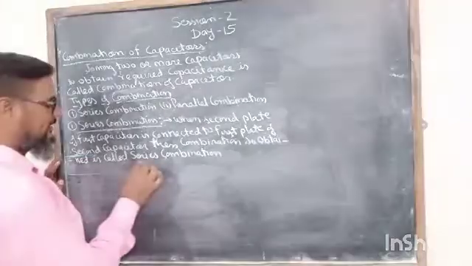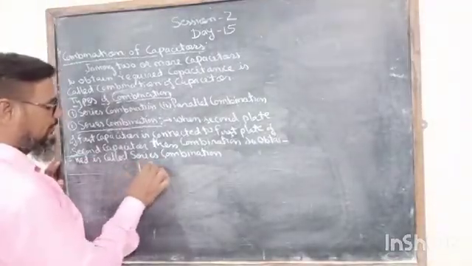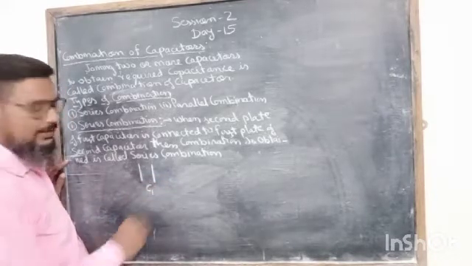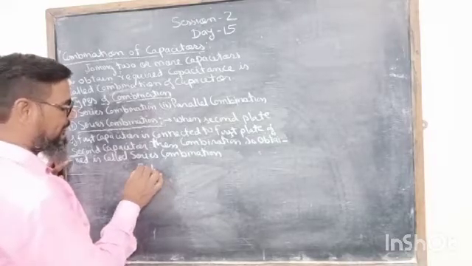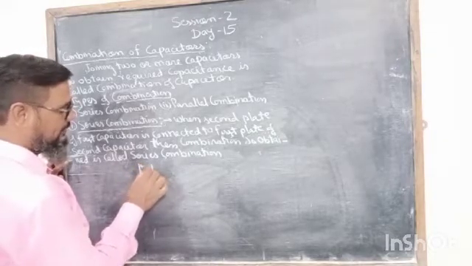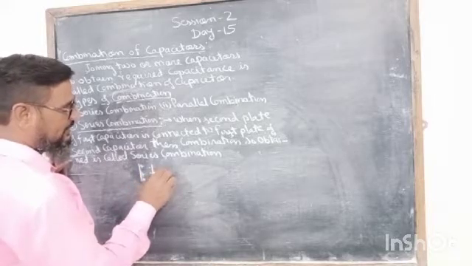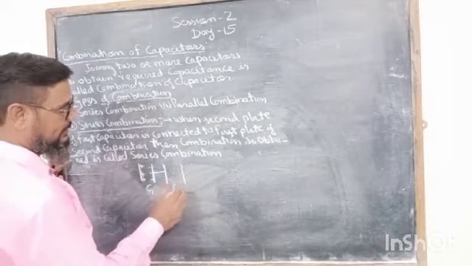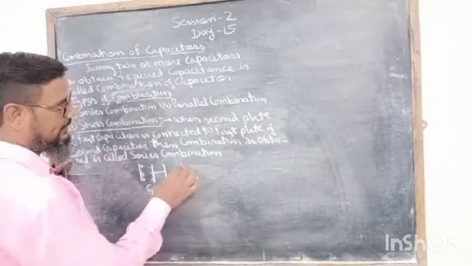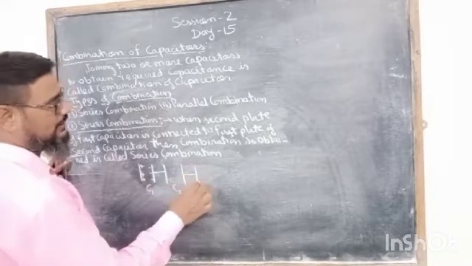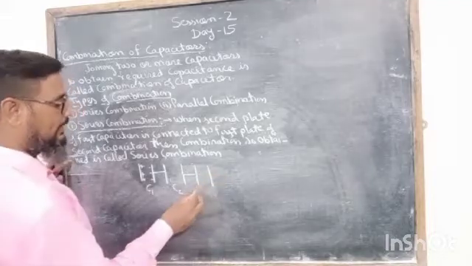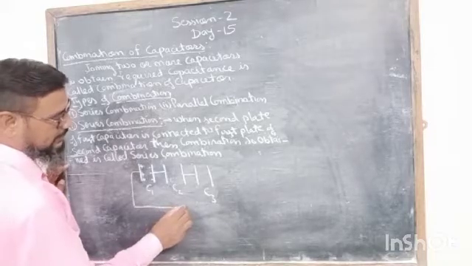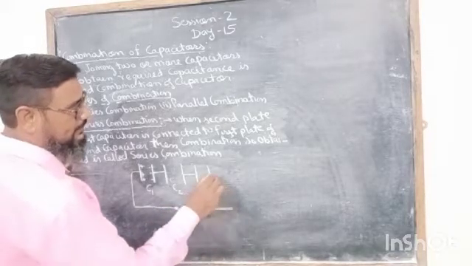Means if we consider three capacitors, this is the first capacitor, the capacitance of this capacitor is C1, and this is its second plate, this is positive charge, this is negative charge. This second plate of first capacitor is connected to the first plate of second capacitor, and then this is C2. Then again the second plate of this capacitor is connected to the first plate of the next capacitor, and this is C3, and the whole combination is connected to the charge source. This is the symbol of charge source.